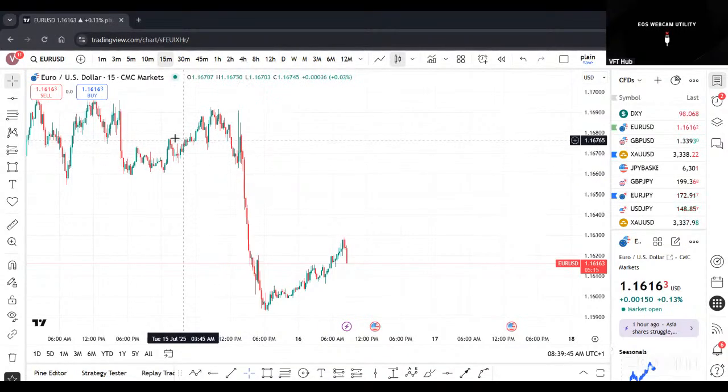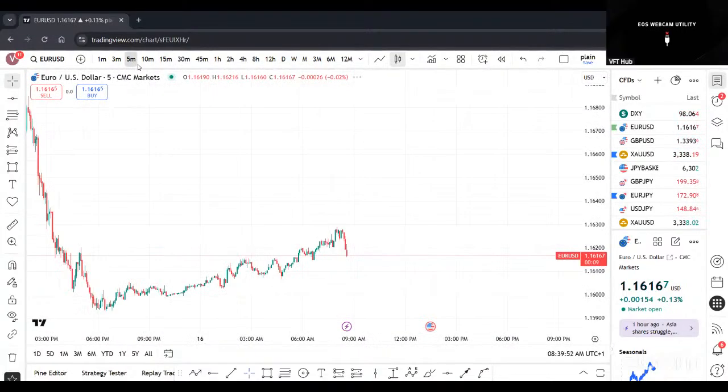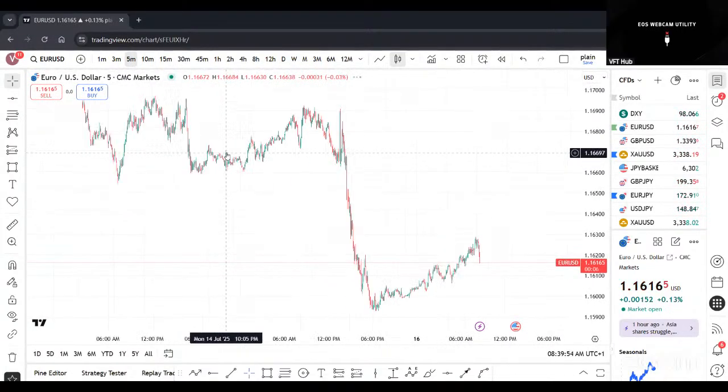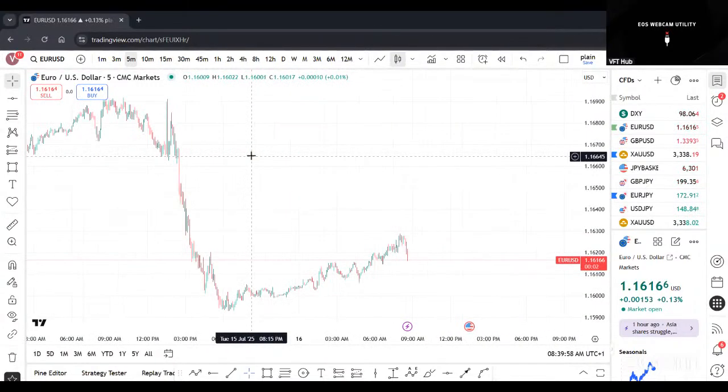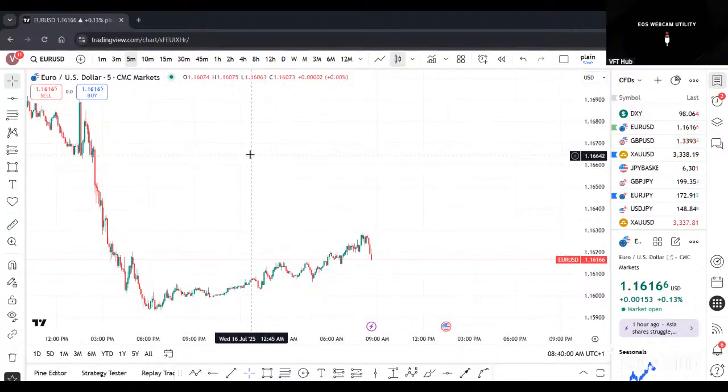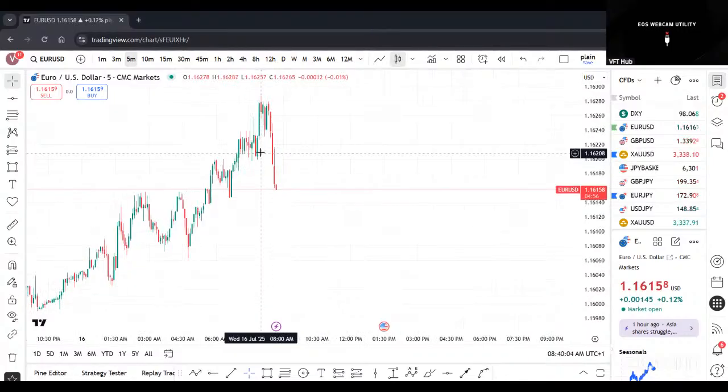Let's see if we can spot any entry for the sell-off into these various points of interest. On the 15-minute time frame, the box pattern is not so clear. I can't even spot any. Even on the 5-minute time frame, I can't spot a box pattern strategy for a sell on EUR/USD. So we'll keep watching to see if price prints any entry level. And if that happens,